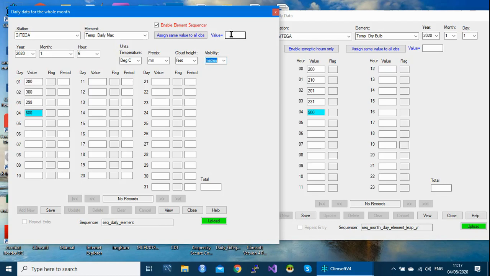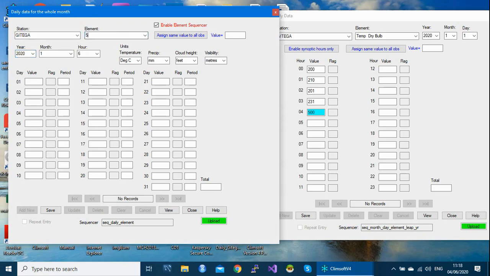There is also this component here of assign same value to all observations. So let's say maybe this one is precipitation. You can use codes to move faster, like the code for precipitation is 5. The code element for maximum is this one, and so on.